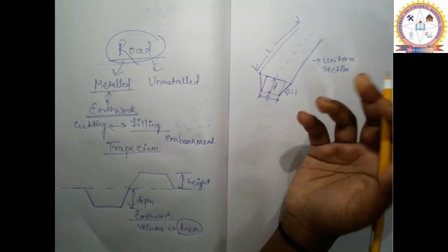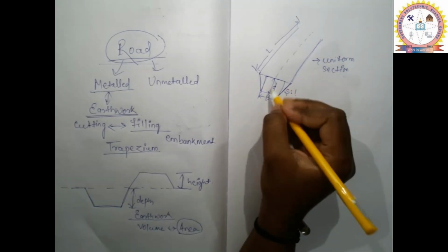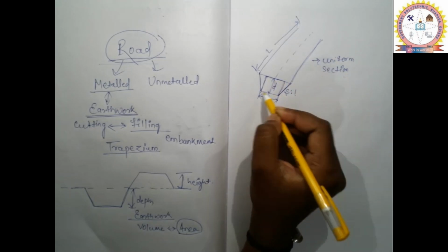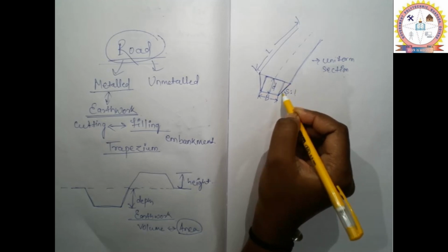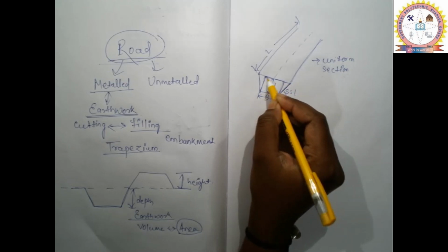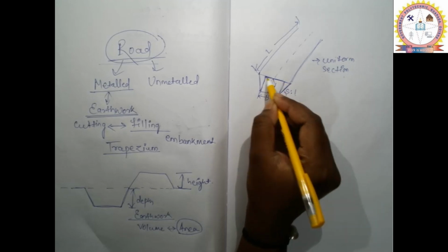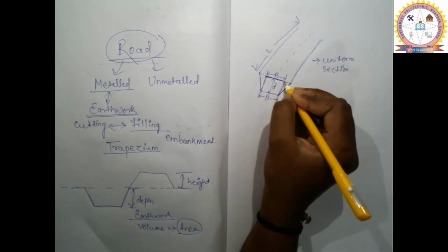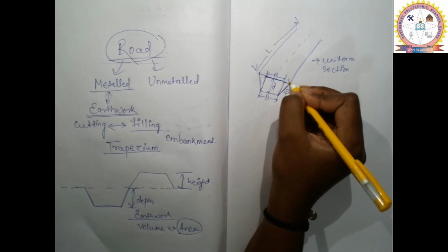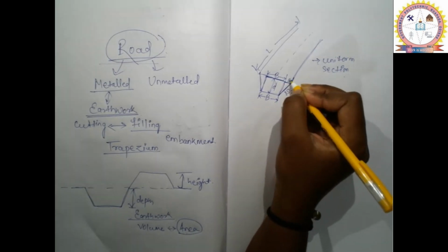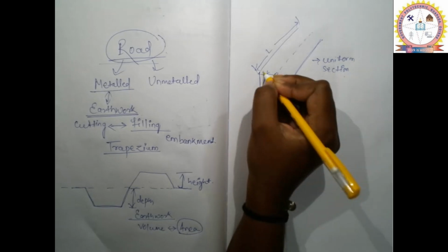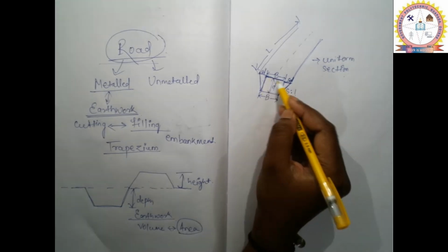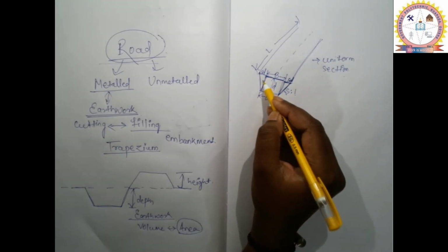So what we will do now is divide the trapezium shape into three parts. This one is the square or rectangle part, and these are the triangle parts. Here we can see the width known as B. This section is left, and this we will consider as SD. As this is the triangle section, we will consider this base as SD. So we get three sections: one rectangle section and two triangle sections.